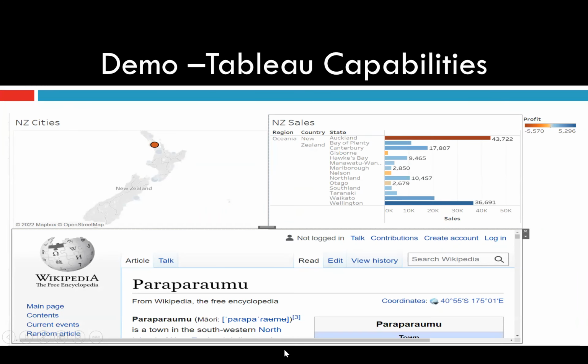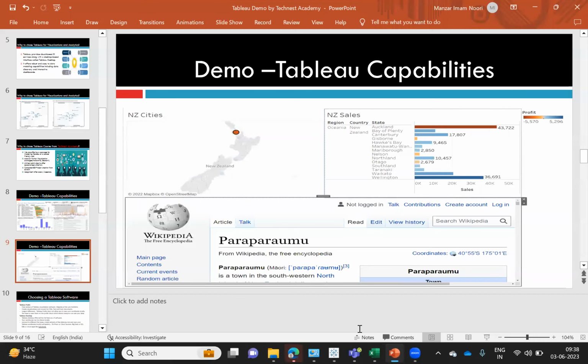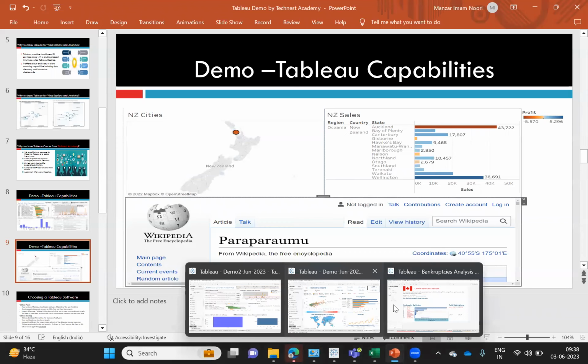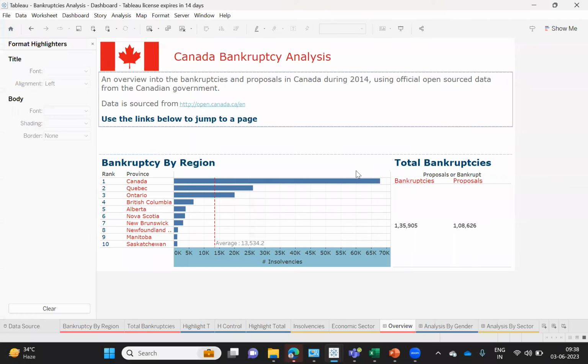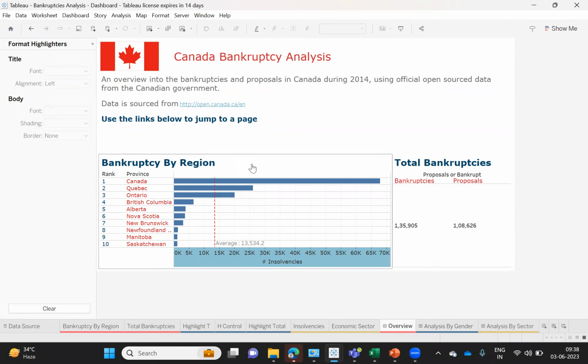So let's see the small projects we have in Tableau, what we are going to do here. Here you can see some dashboards created, and you will be able to create all such dashboards after you complete the course.